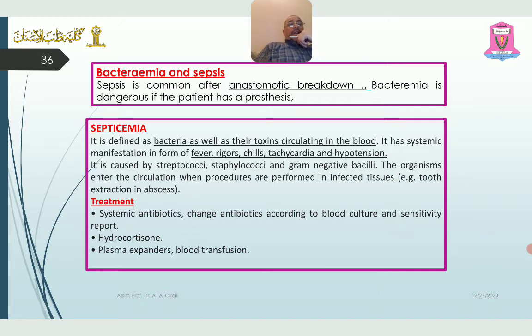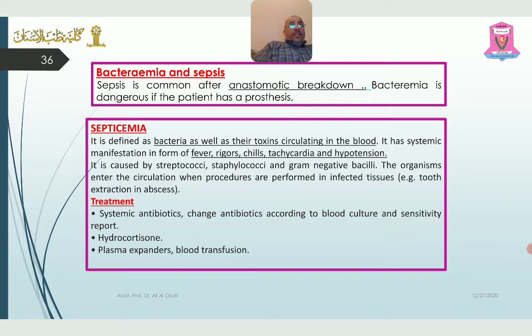Septicemia is defined as bacteria as well as their toxins circulating in the blood. It has a systemic manifestation in form of fever, rigor, chills, tachycardia and hypotension. السبتسيميا هو عبارة عن بكتيريا and its toxins. البكتيريميا هي transient، لكن السبتسيميا لا، البكتيريا وإفرازاتها كلها circulating in the bloodstream،